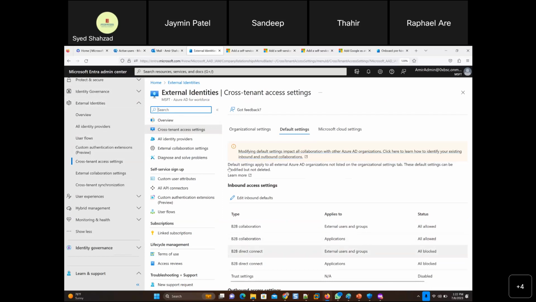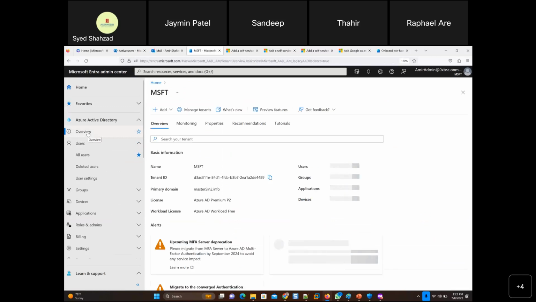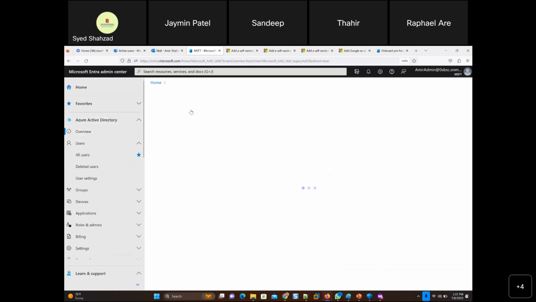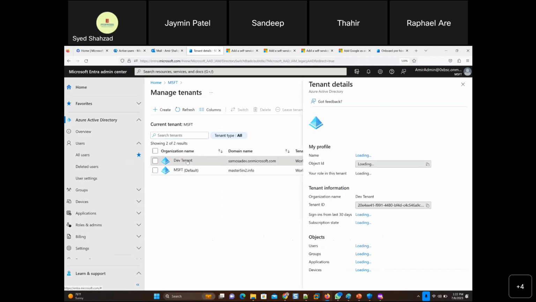When it comes to B2B or B2C, there's one more thing that I've already mentioned to you, that you can create another B2C tenant. If I go to overview in Azure Active Directory, there are managed tenants here, and we had created two tenants here, a dev tenant here, right? And whatever happens here does not synchronize here, right? There are two different areas, but within the tenant, you can create business to client connectivity as well.